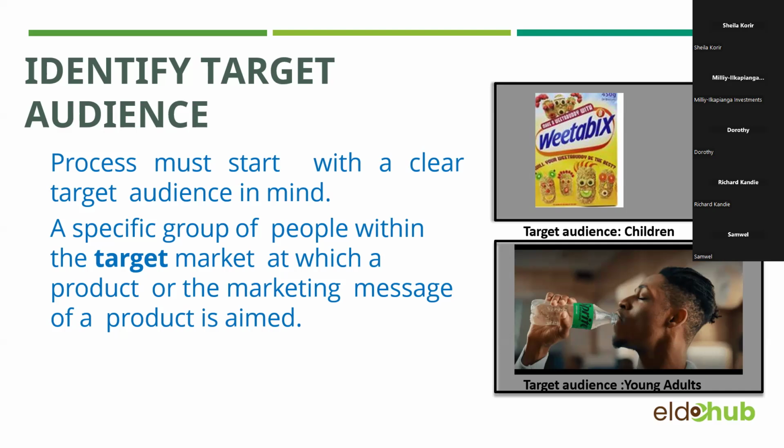You find maybe they are bringing a young person working hard in life, a young person trying to make it in life, a young person who has come from playing basketball, has sweated, but wants to cool down, then takes Sprite. So when it comes to identifying your target audience, it helps you to know the kind of message you're going to pass out there. So for example, someone dealing with Active Hub, you are dealing with enterprises.